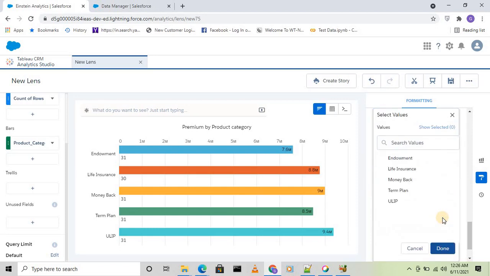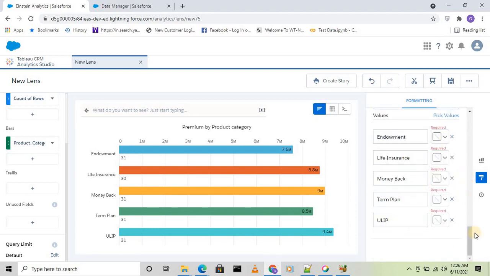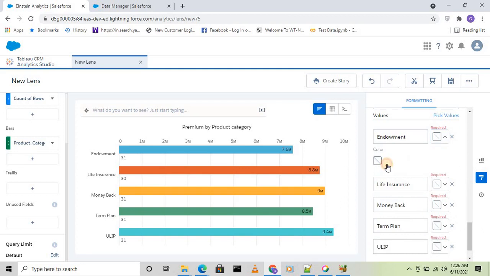Now click on pick values to select everything, then done. Now I can go and select the color here.